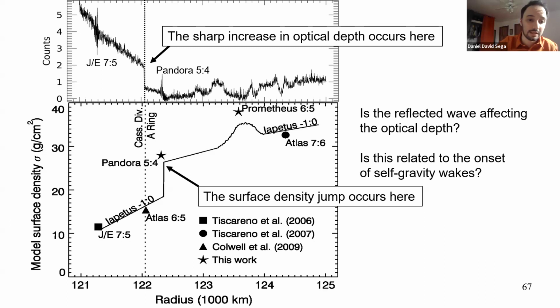First, something that hasn't been included in the theory of bending waves is that if you have a sharp boundary like this, and this is from wave mechanics, there should be a reflected wave, and we don't know how that works. We don't know how that propagates, or if that affects how things look, or the optical depth in some way. So it could be that this wave is propagating backwards through the reflection and somehow changing the optical depth closer to the planet.